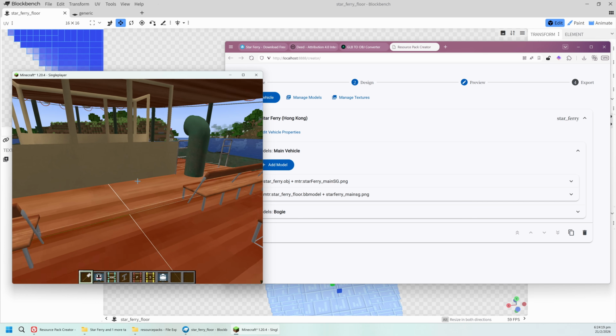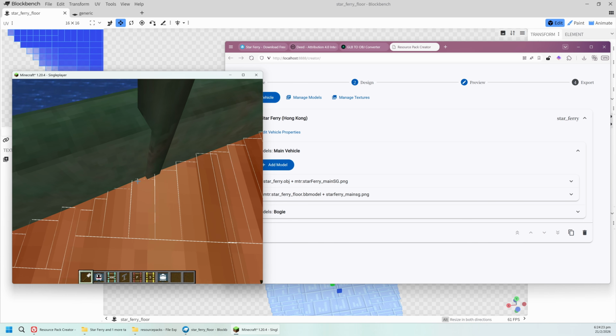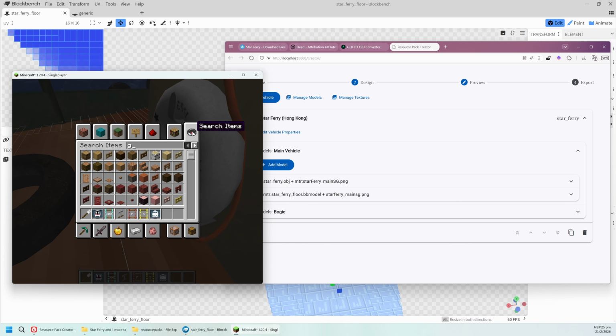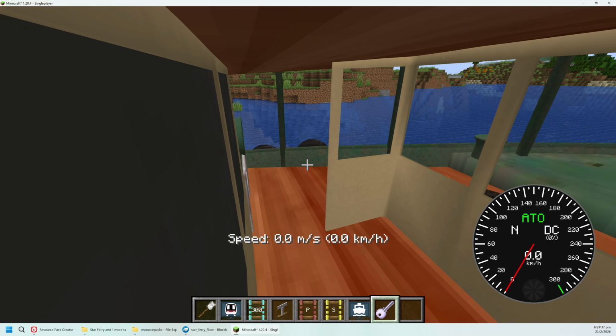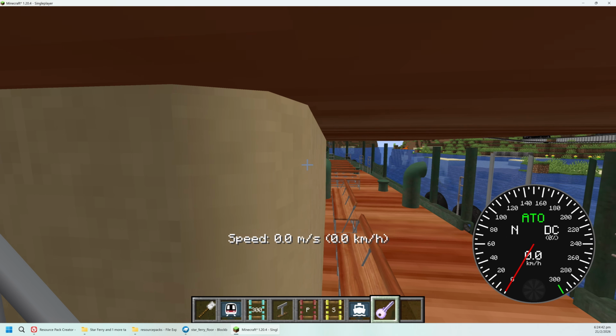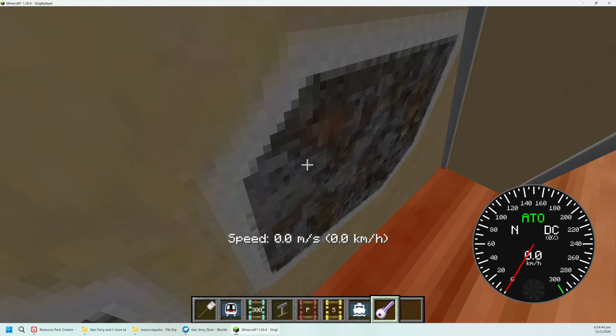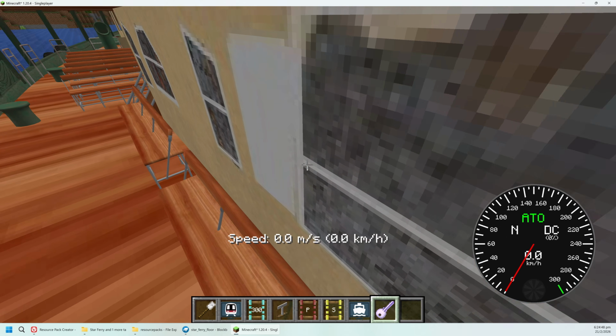And let's see. Yeah, overall, I think everything fits really well. And let's try to get a key, ride the boat, and try walking around. That's really smooth. I really like that. That fits really well. You can't go up the stairs, of course, because in the real boat, you can't use